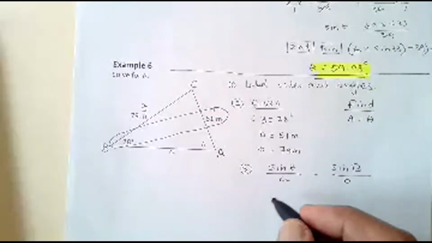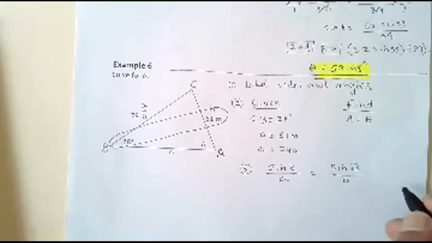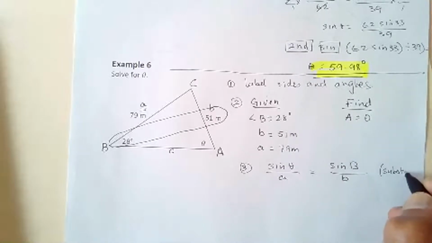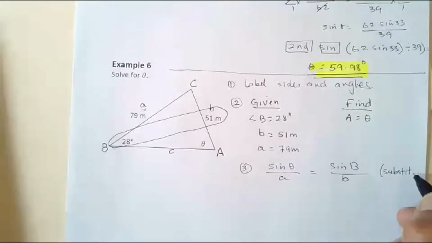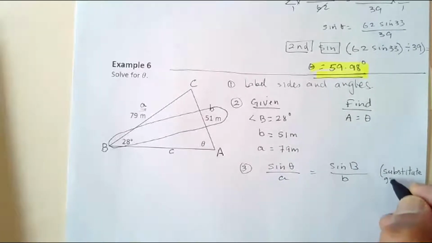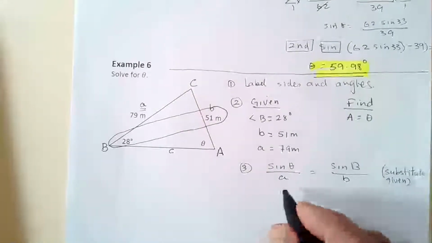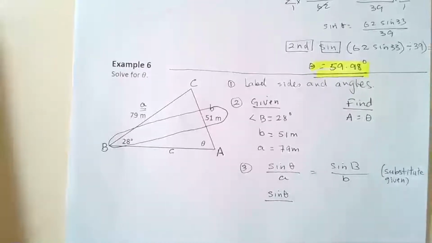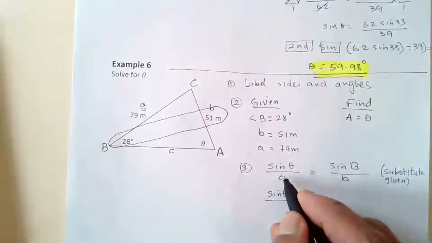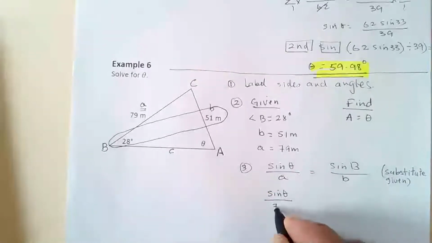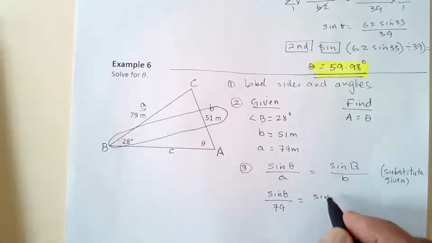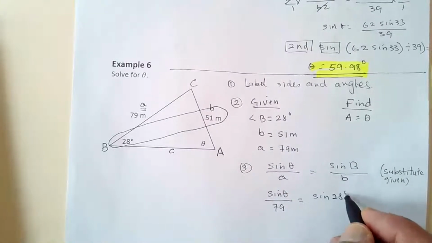Then we substitute what's given and write it here. Side A, 79, sine 28 degrees